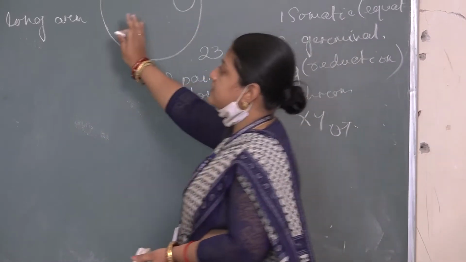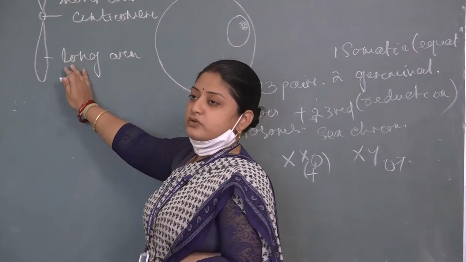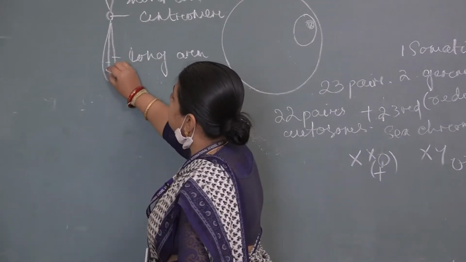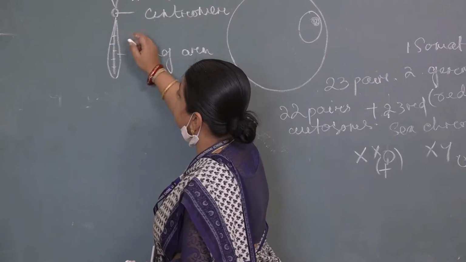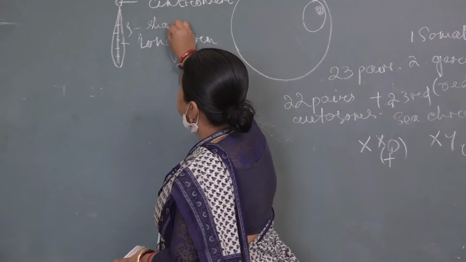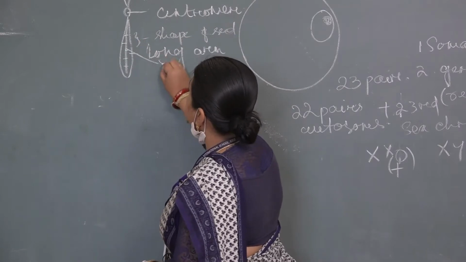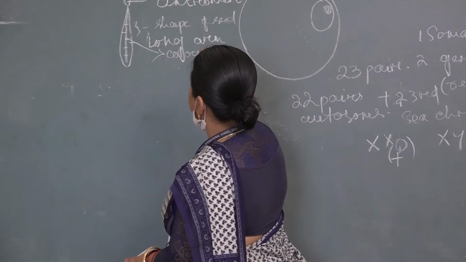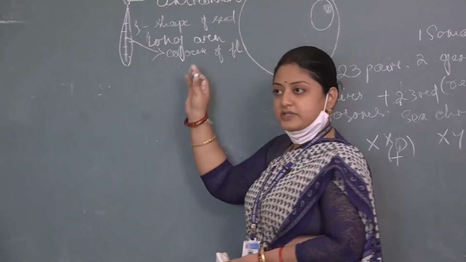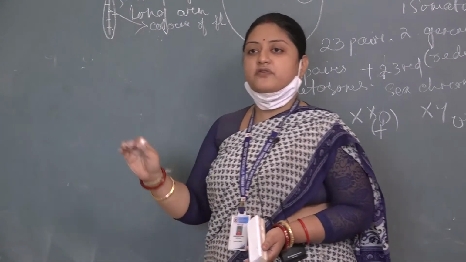So this is the structure of chromosome. Short arm is there, centromere is there, long arm is there. This chromosome carries, see, these fibers. These fibers are the individual strands. Maybe this is for the shape of the flower, the shape of the seed. This may contribute to the color of the flower. This may contribute to some other feature. So accordingly, these chromosomes and genes vary from each other.